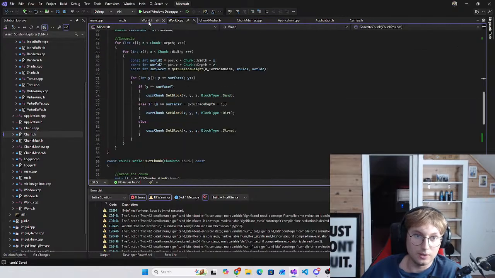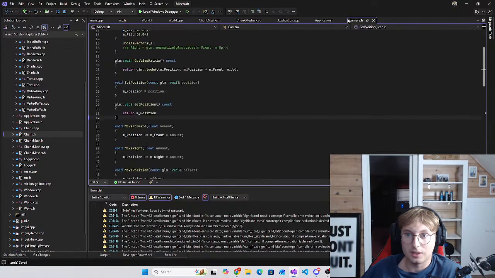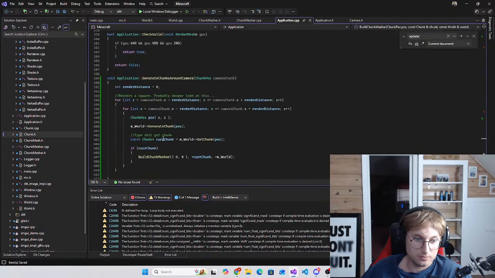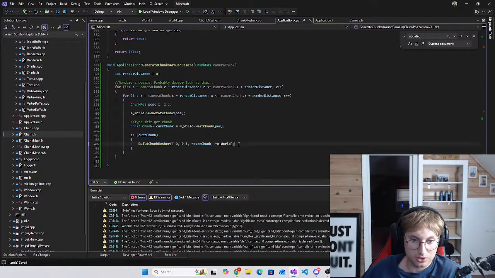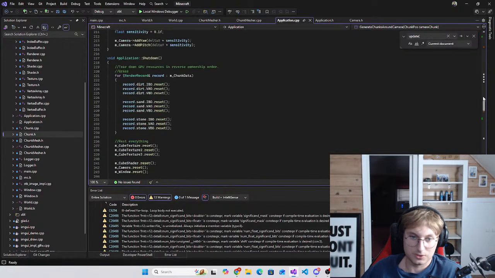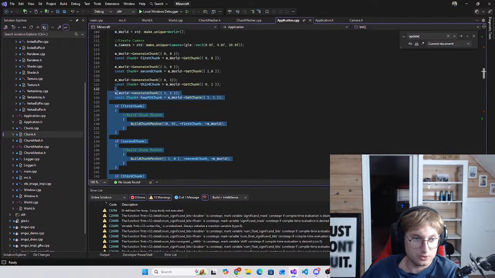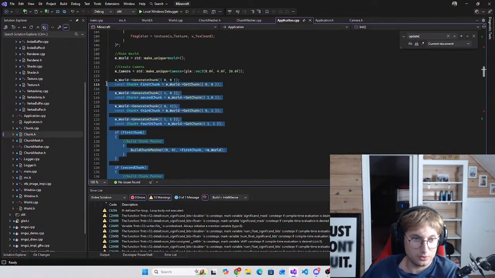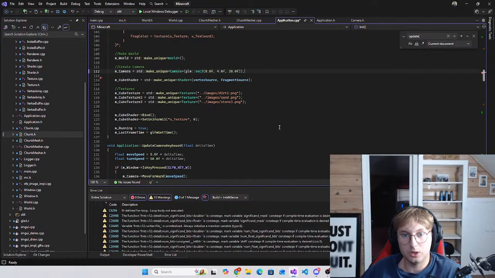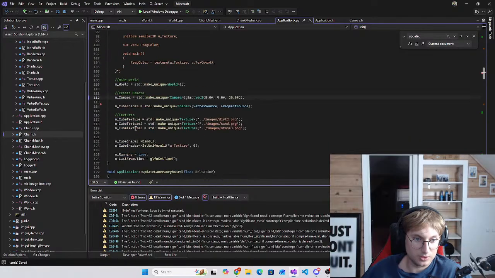Hopefully this will run. I'm probably gonna get a ton of errors everywhere, but hey, that's part of it. But okay, so we build the chunk mesher here. All right, let's just send it. Let's just see if this works. I don't even know. Let's just full send this. We'll get rid of all this here. Boom, gone. See you later. Where's our init function? Let's just make sure that we